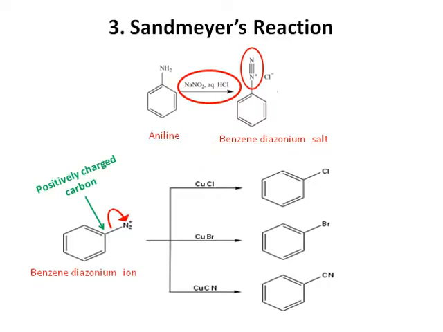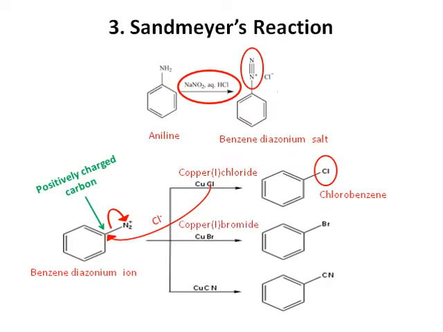We have to put some reagents. First of all, here in benzene diazonium ion I have put cuprous chloride, that is copper 1 chloride. It will provide chloride nucleophile. It will attack the carbon atom, and the electron pair will be shifted to the diazonium ion, and it will be eliminated as nitrogen, and the chlorine will be bonded to the benzene ring like this, and we will get the chlorobenzene.